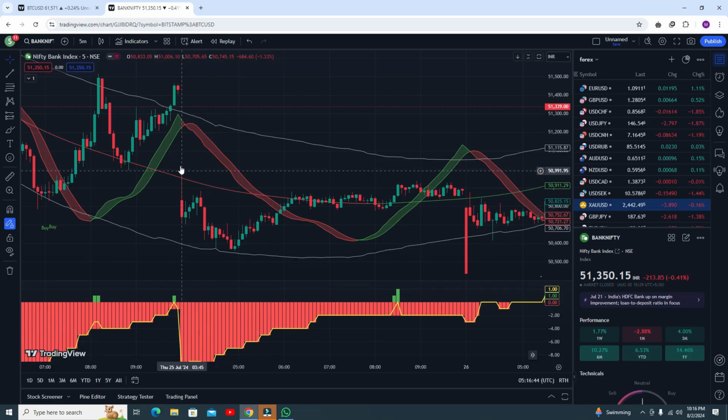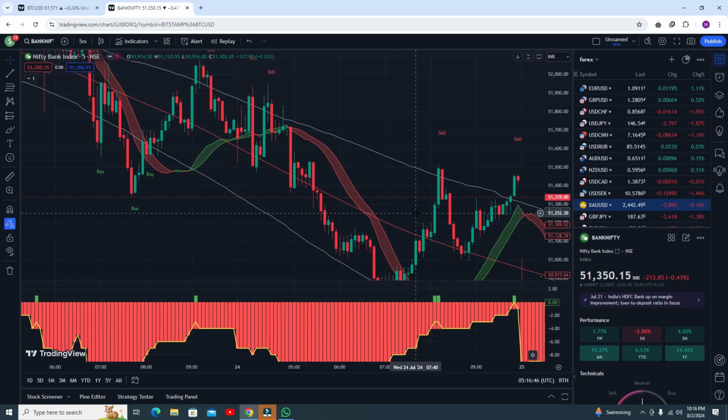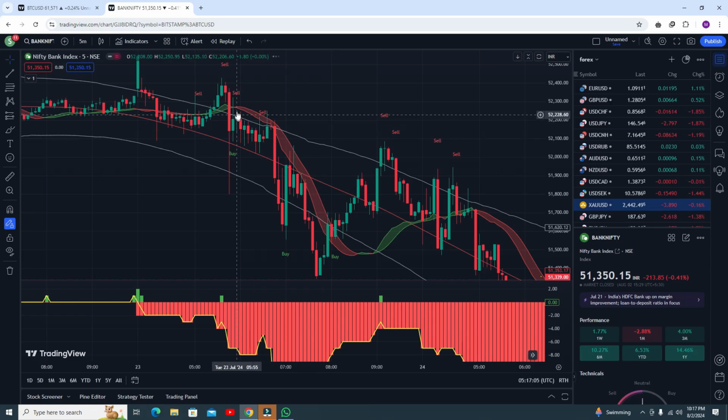Okay, and if you follow this, let me show you here. If you follow this one, you can see the RSI is also red, so this is very strongly, you can say, a very confirmed trade, and you can go for the sell position here. Let me show you here. You can see the RSI ribbon is red and you are getting a sell position, and the volume is on the sell side, so this is a very strong sell position, and you can see you got amazing profit. Okay, all the time you will get amazing profit.